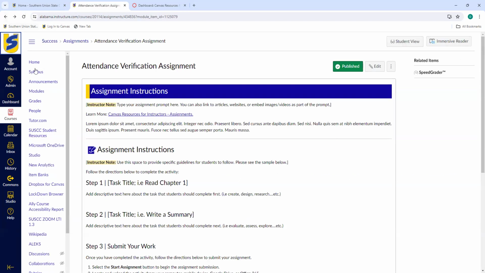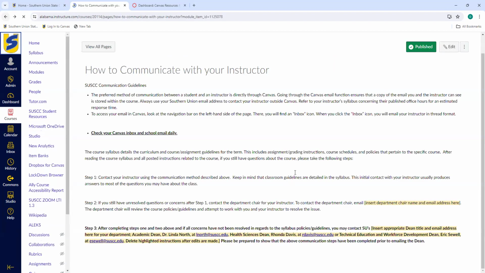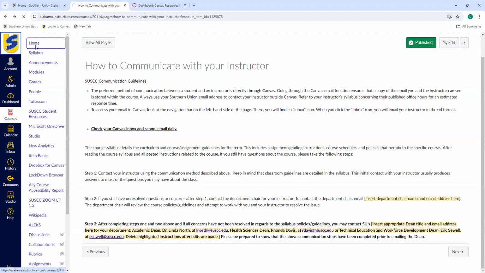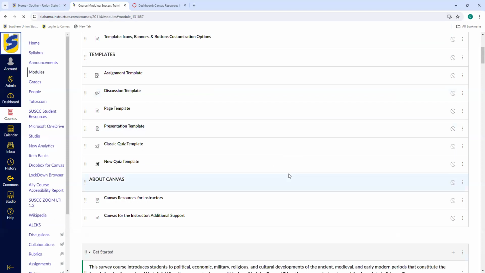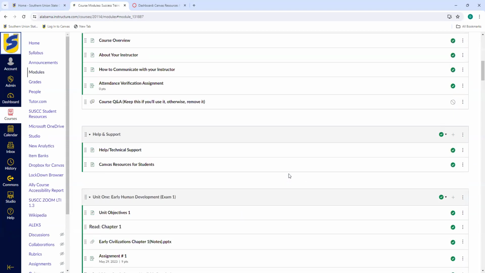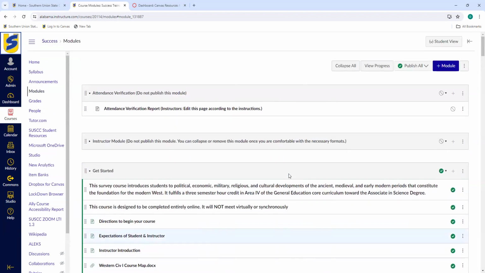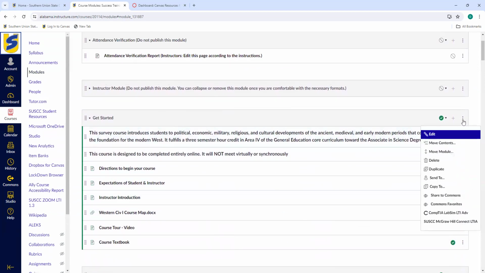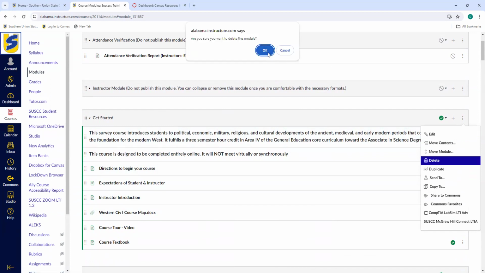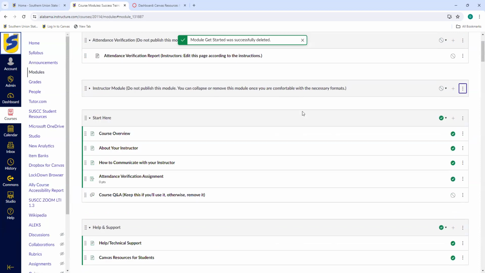Let's see, going back to the next section. And actually I think I skipped one. So I'm going to go back to the home page real quick and go back through Start Here. Get Started. Okay. I went too far down. Actually, I'm going to remove this. I was doing this for the other video, but this is a good way to show you if you need to delete something. I had imported a copy of the old Get Started module,